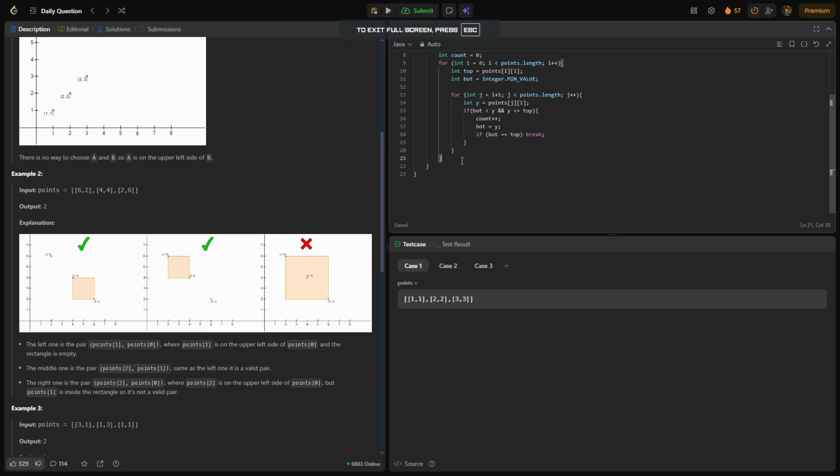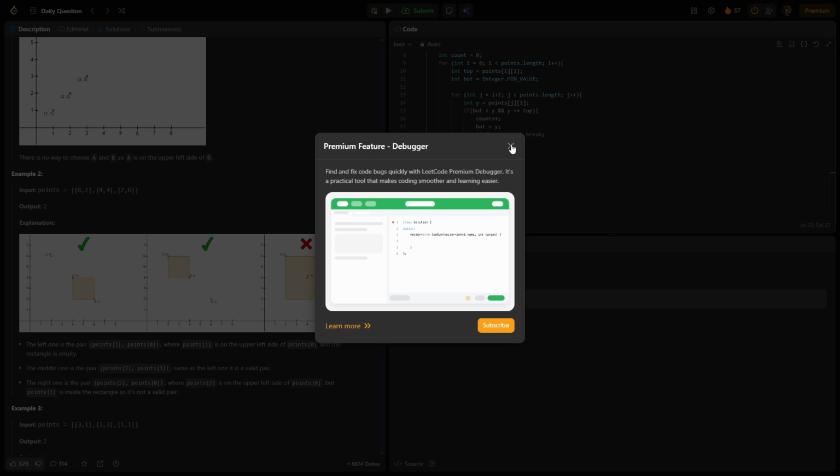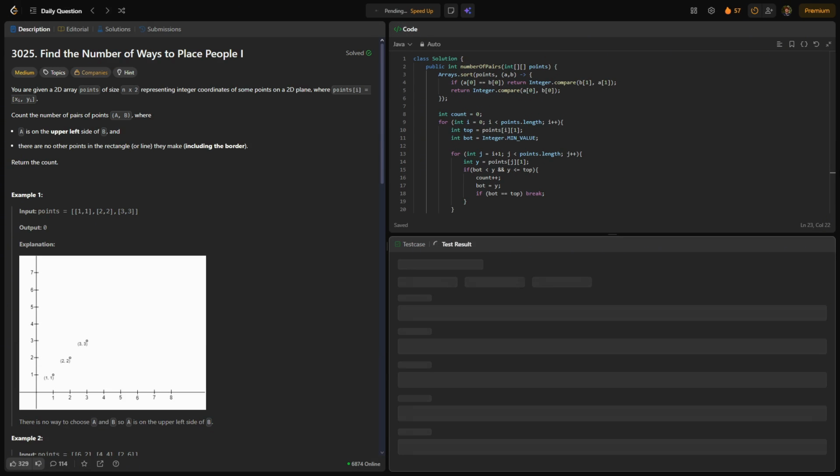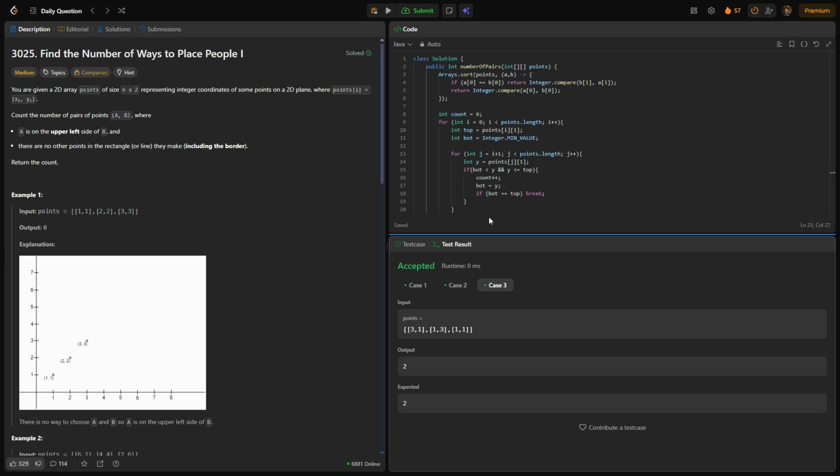So after calculating that, we're able to return our count. And if we run this, it passes our test cases. And if we submit it,